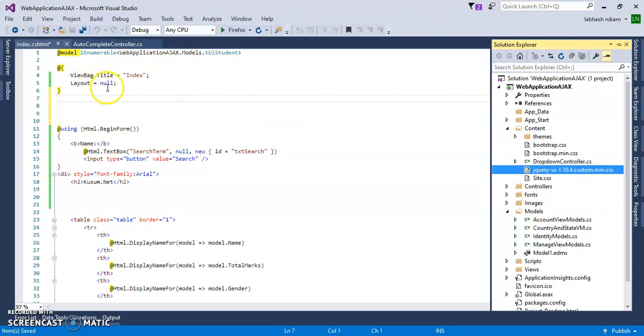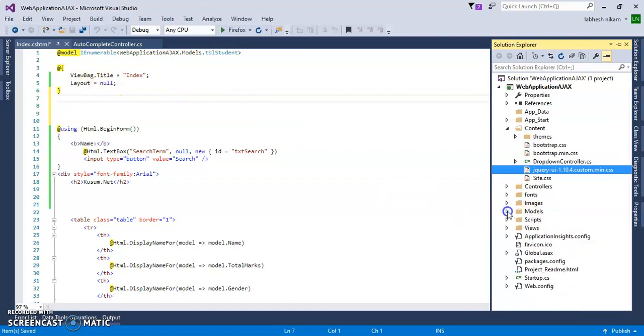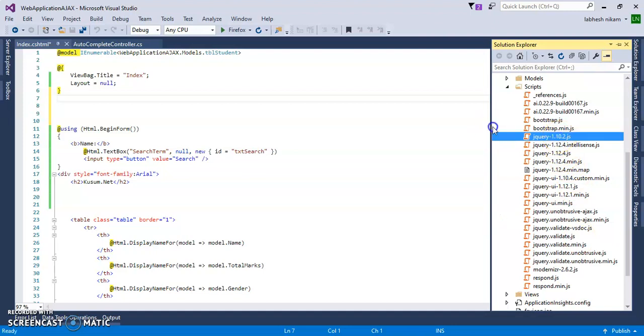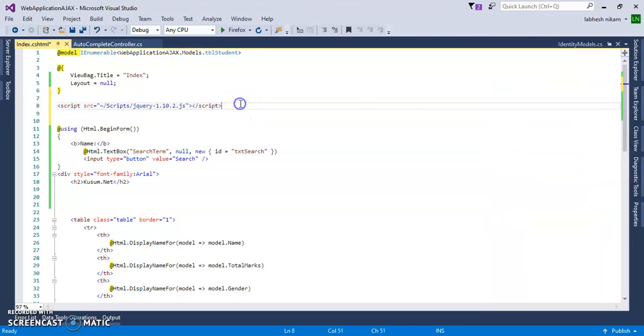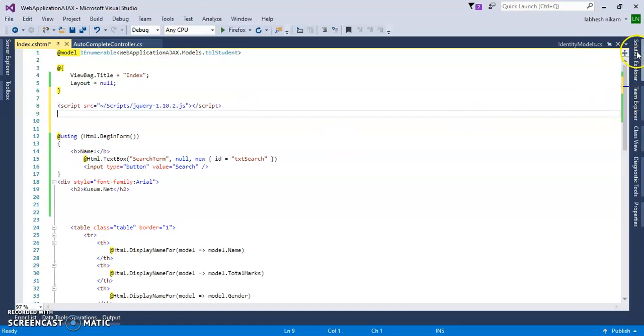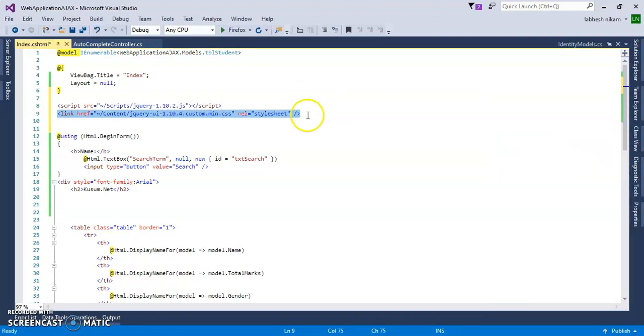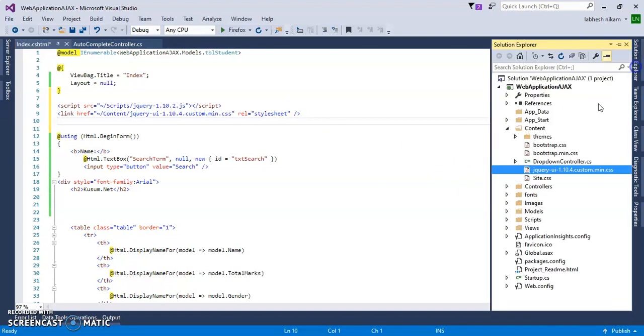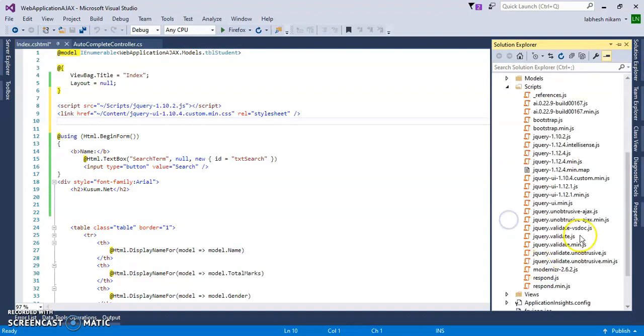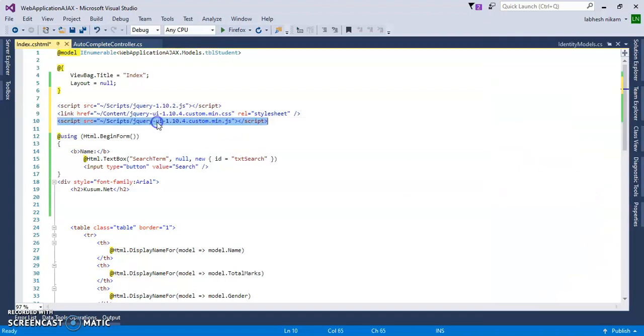First I will add layout equal to null, and then add the scripts. The scripts are this one, 110.2.js. After that you will add jQuery UI custom main.css. For autocomplete these files are necessary and in this order. And in the script file, UI custom main.js, so this I have added.